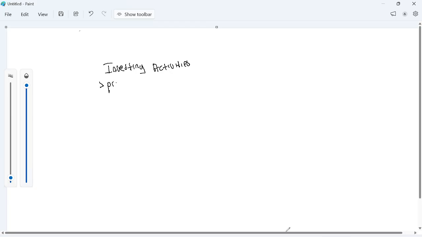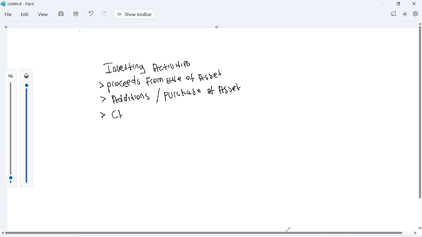We're having proceeds from sale of your assets, right? And then we're having what? We're having additions, or you can say your purchases, right? Let's put proper English here. Purchases of assets, right? And then we're having what? Change in fixed deposits. Now guys, the signs that you're gonna put here, you have to